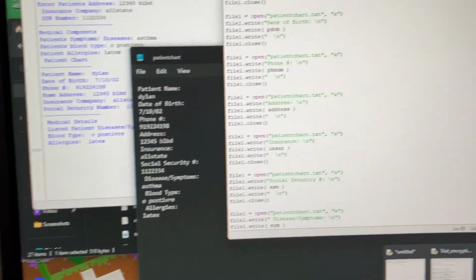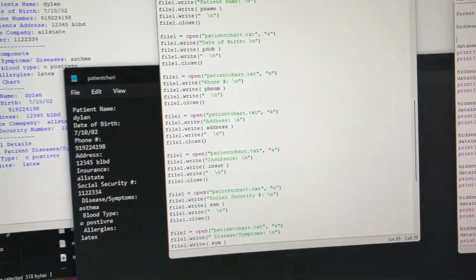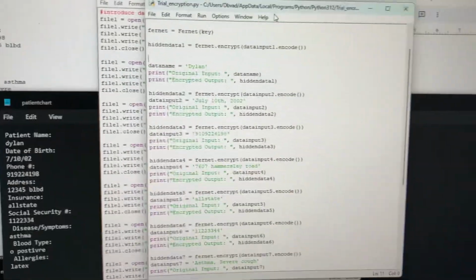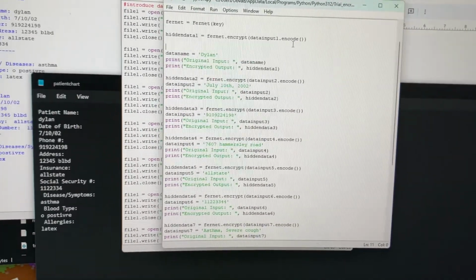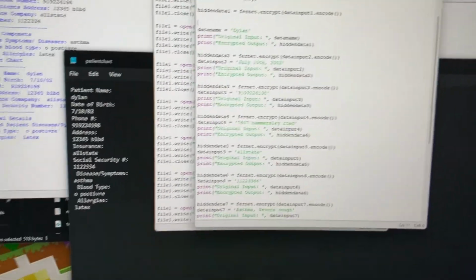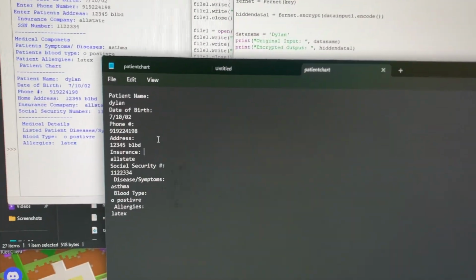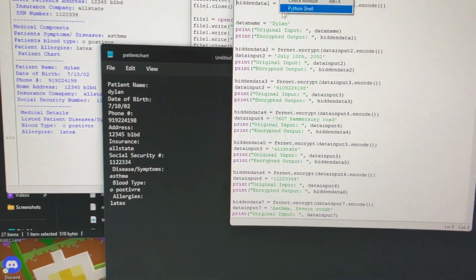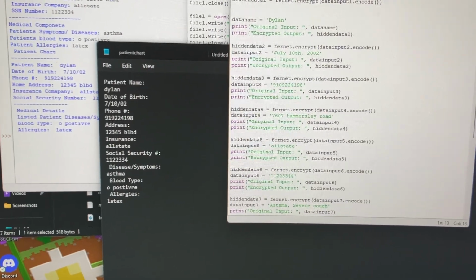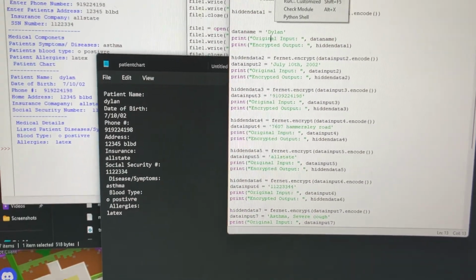And for the second part of my code, this is the active level encryption for the code. So it takes all this information, which is input already from the text chart, and it uses Fernet, which is just a basic level encryption. And once you